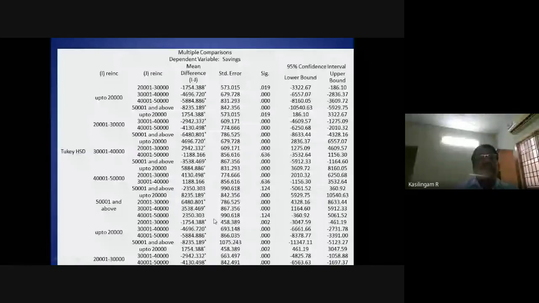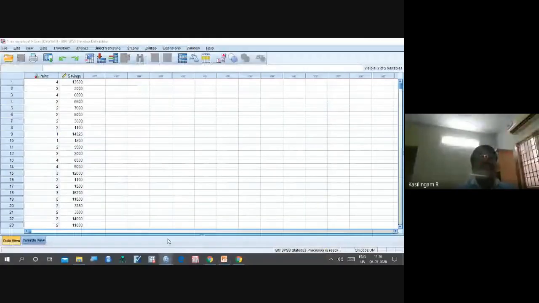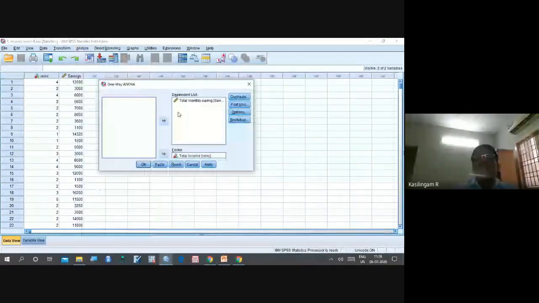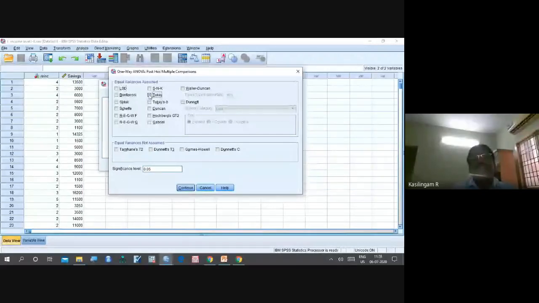Now here, income level, Analyze, Compare Means, ANOVA, this one I put, right? In the options I put Welch, very good. I'm going to the post hoc. So I should not perform Tukey because that is an equal variance assumed post hoc. Now I have equal variance not assumed post hoc. There are 4 available. Let me use Tamhane's T2.